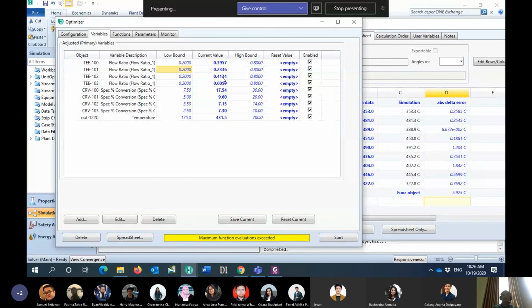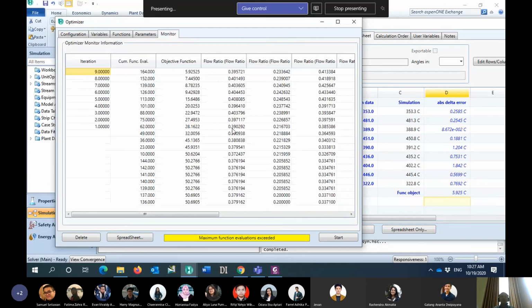So I will make it a smaller one, for example, I change it to 0.1. For this one is safe, I think. This one is also safe, and this one is okay. So I have already changed one parameter's low bound.